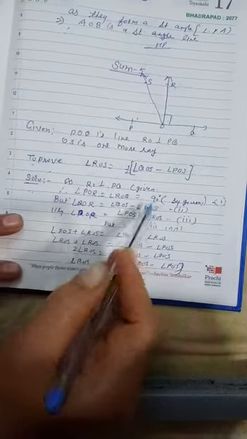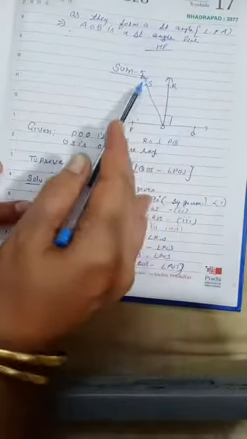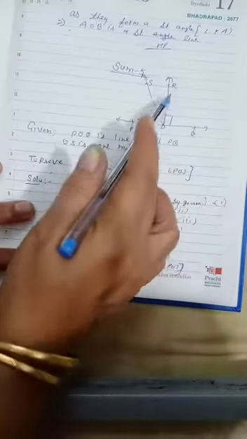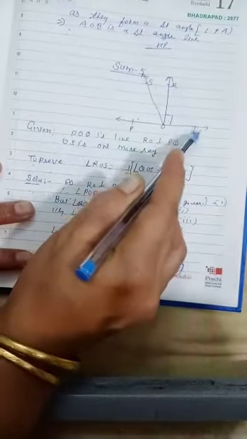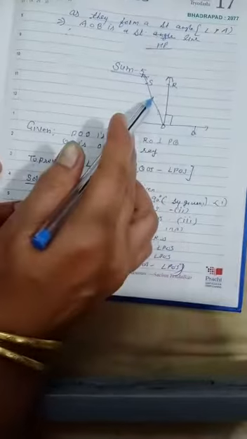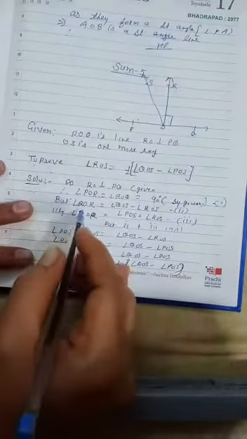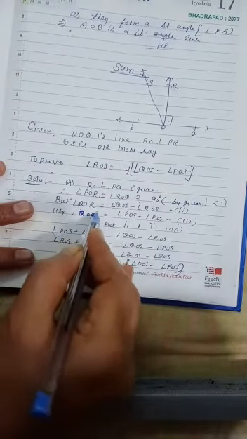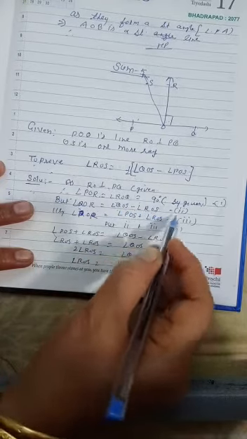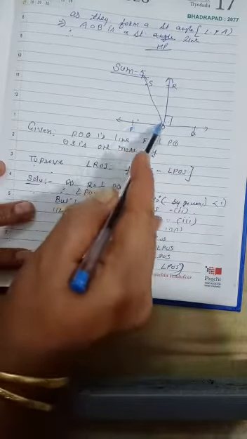Okay, now just see, can I write angle QOR? This angle QOR, this 90 degree angle, can I write it as angle QOS minus angle ROS? This bigger angle subtracted by the small angle gives this angle of 90 degrees. So I am going to write angle QOR is equal to angle QOS minus angle ROS, give it as number 2. In the same way, I am going to write angle POR.